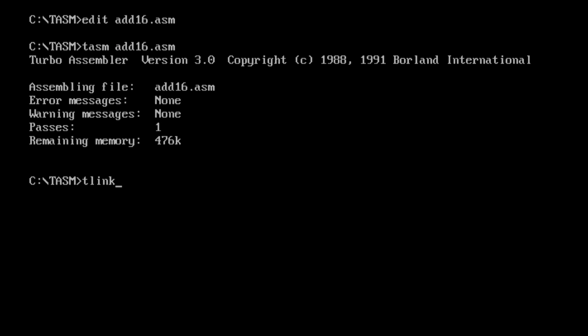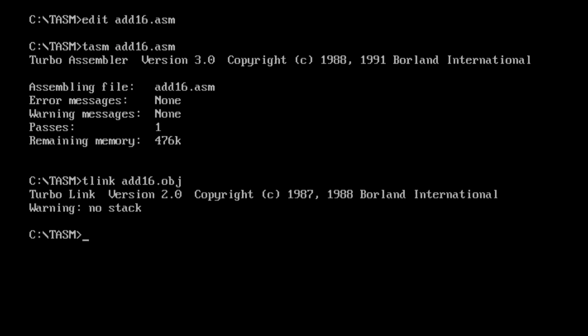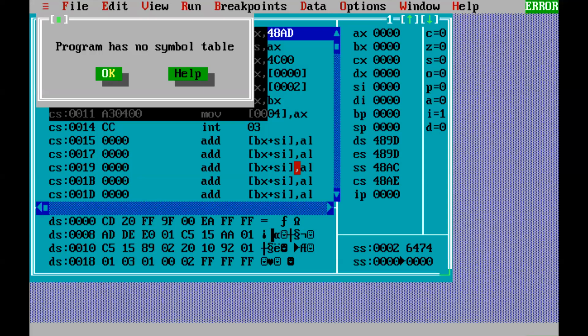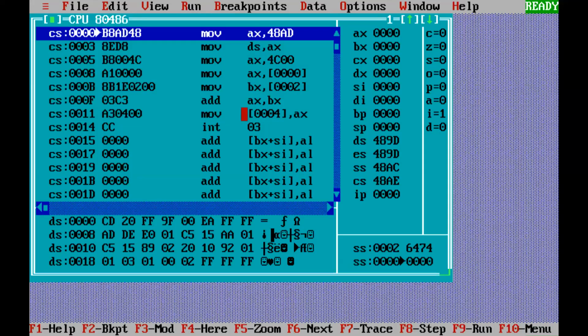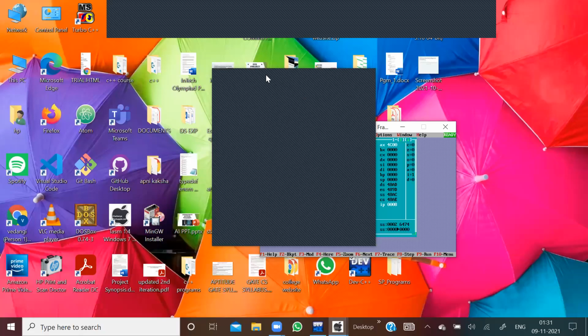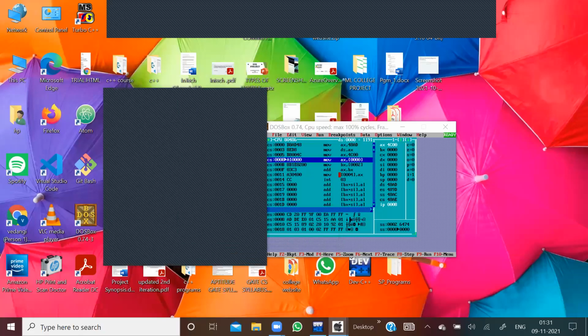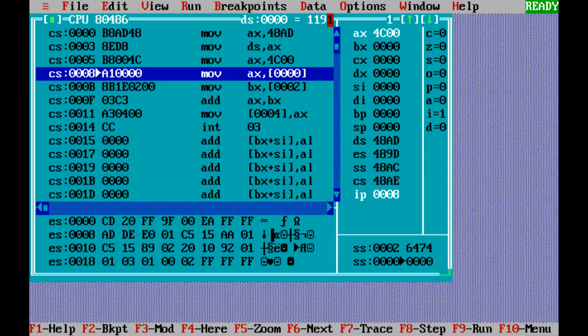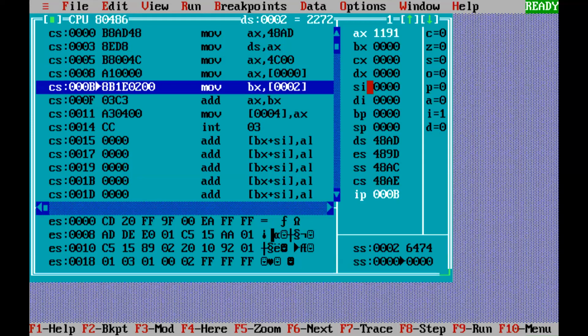Assembling the file. Okay. .obj. Can you explain where your result is and where you have saved the actual numbers? In the AX register, the first number will be saved, that is 1191.